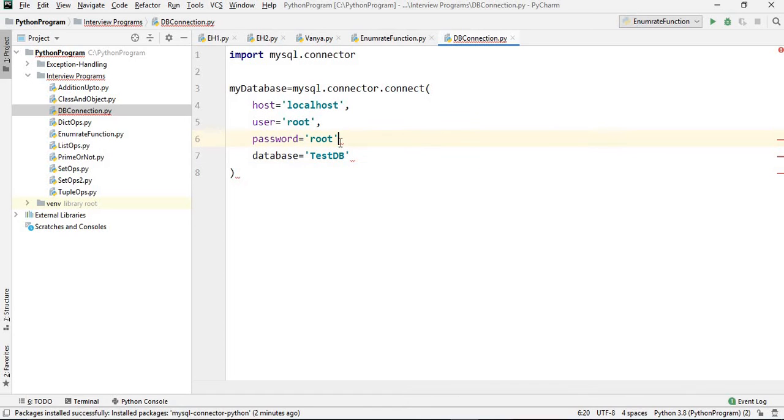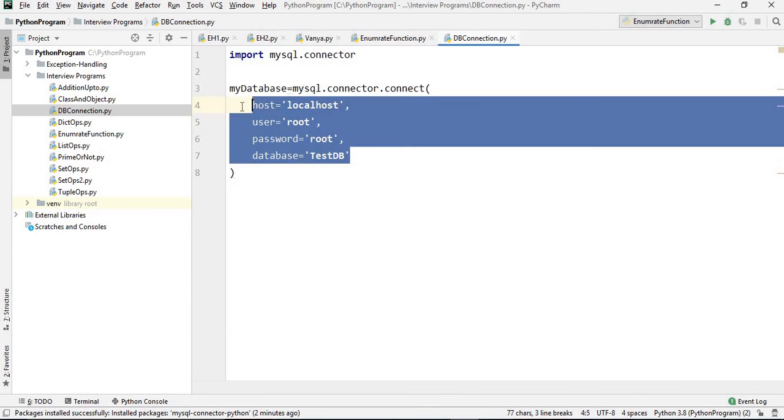These things we have to put here. See, host, username, password, these things we have to provide here.